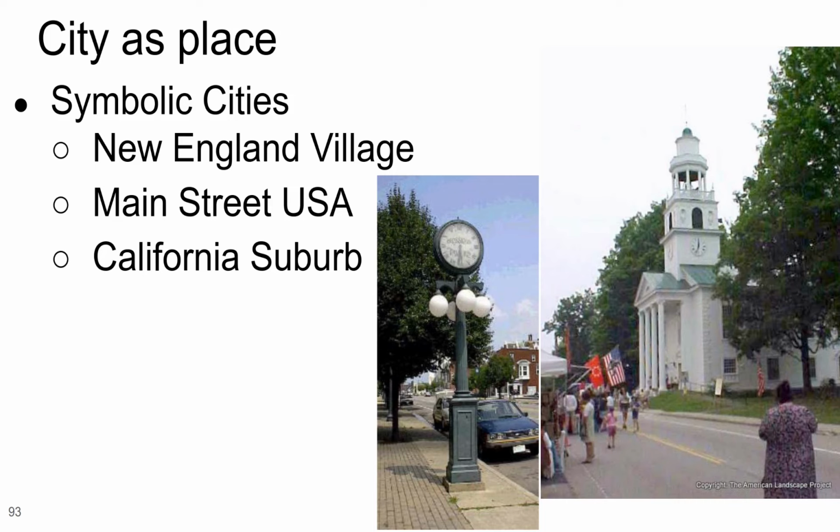So cities are places, but when I say place, I mean place as in getting a sense of place, understanding the feel of the city and why the city has the character and the characteristics that it does. And the idea that there's three symbolic cities that everybody already knows in the United States. And those are the New England Village, the Main Street USA, and the California suburb. These are archetypical cities that maybe don't really exist, but we all carry an image in our head from watching movies, watching television shows. Even if you haven't been to a New England Village,